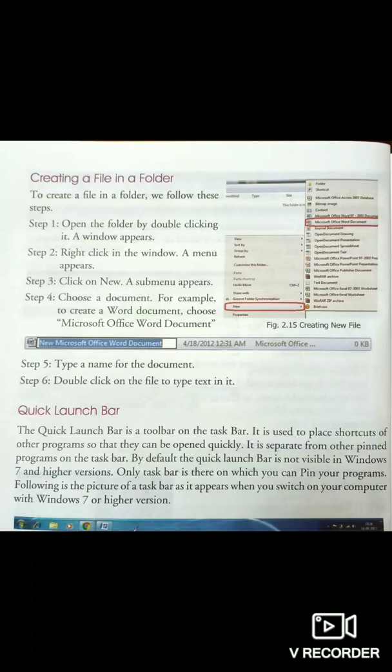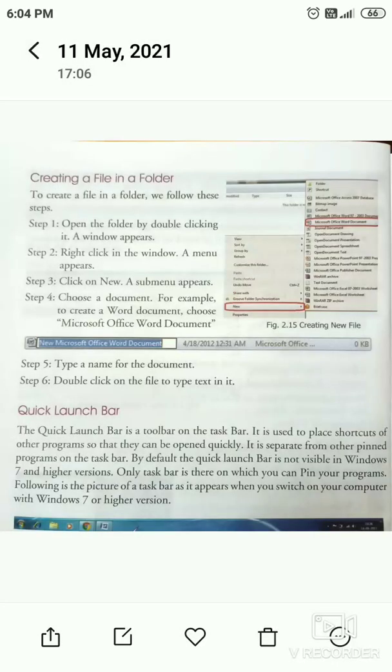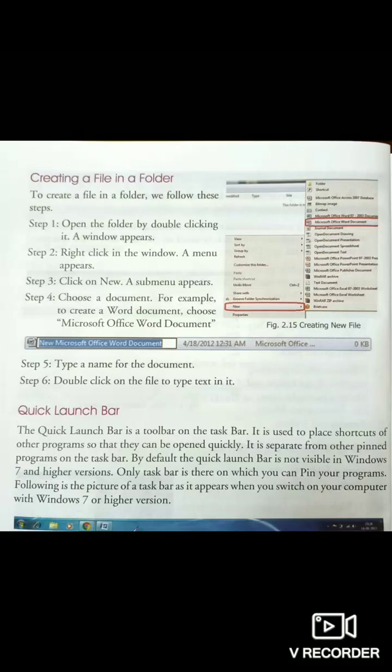Just like in the picture, you will get that Microsoft Office Word document. Then you have to type a name for the document, and by double clicking on the file you can type the text in it also.